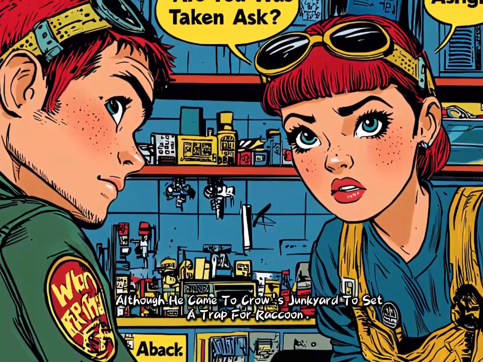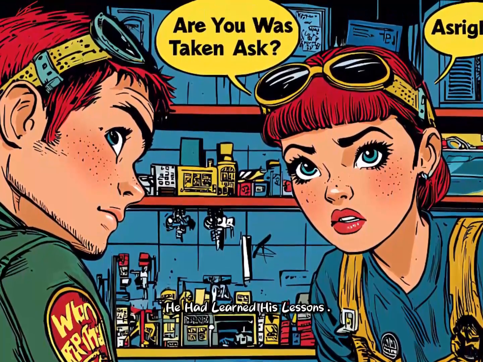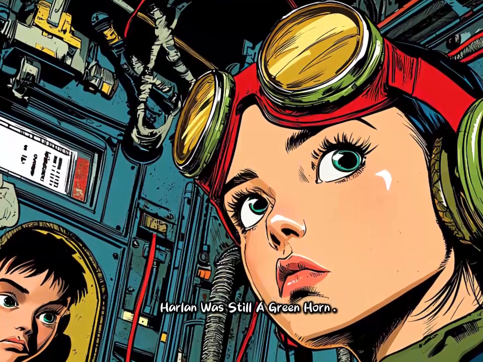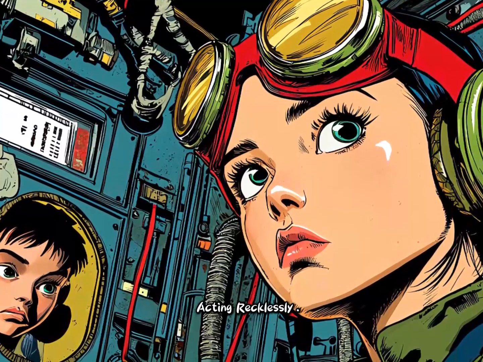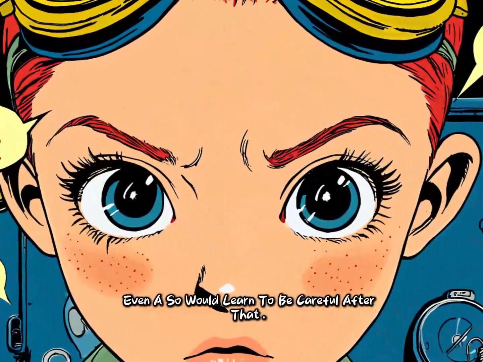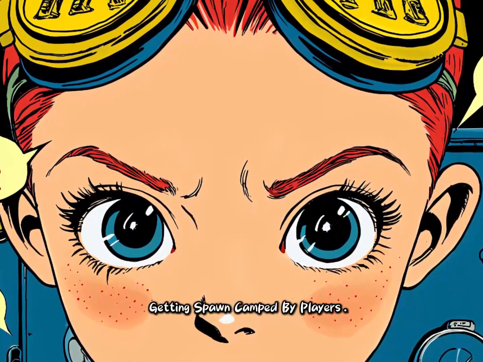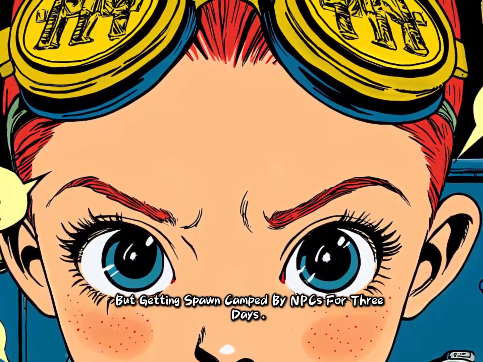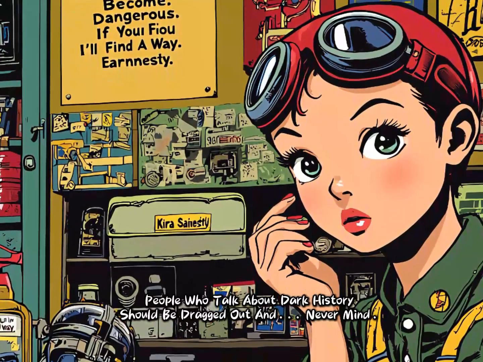Although he came to Crow's junkyard to set a trap for Raccoon, he was used to being cautious. He had learned his lessons. Back when he first started playing Star C, Harlan was still a greenhorn, treating NPCs like the rigid programs in other games. Acting recklessly, only to fail miserably a dozen times. Even a fool would learn to be careful after that. How exactly did he fail? Getting spawn-camped by players, Harlan could still tolerate, but getting spawn-camped by NPCs for 3 days? Stop. People who talk about dark history should be dragged out and...